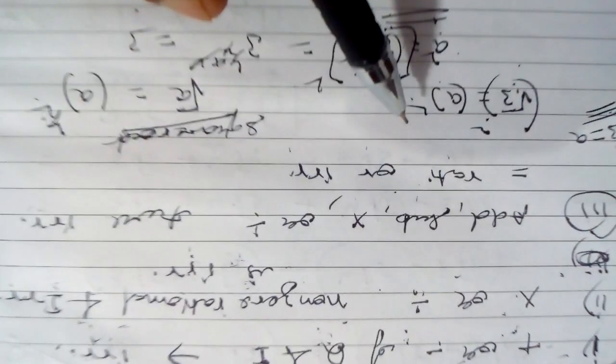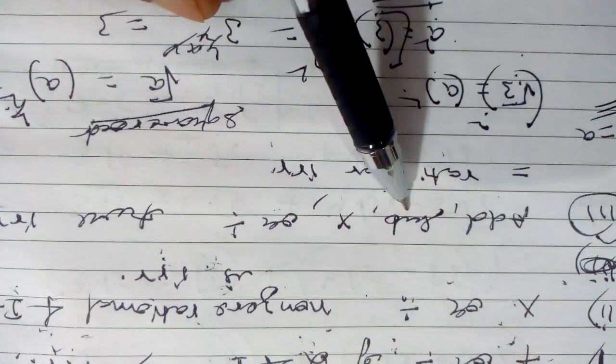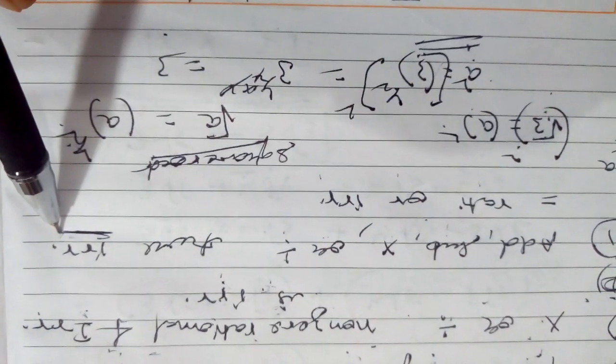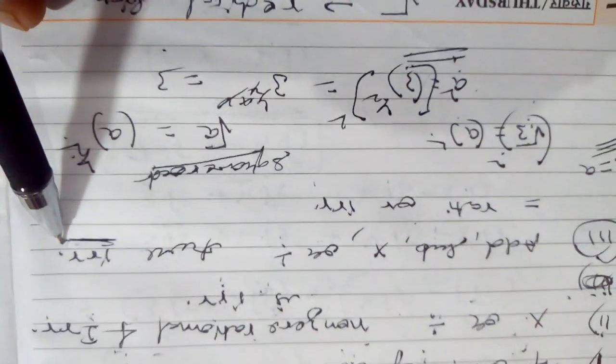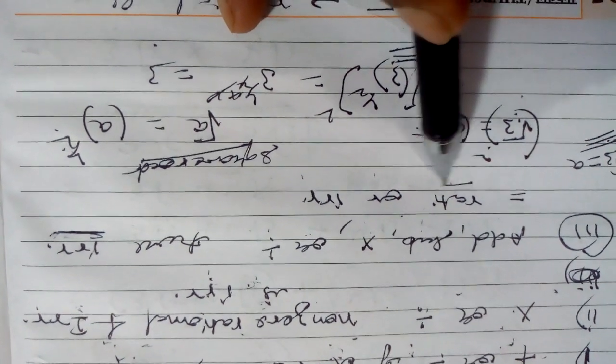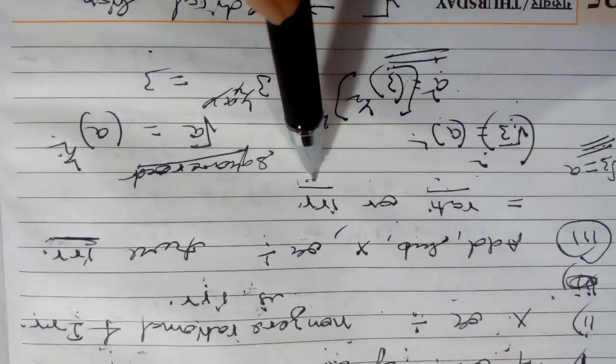But the third one: two numbers you are adding, subtracting, multiplying or dividing, but both numbers are irrational. It is not that one is rational and one is irrational. If both are irrational, then their result will not be the same. It may be rational or it may be irrational. Both options are there. Any one can be the result, as you have seen in the previous examples. So here you get irrational, here rational, here rational, here irrational, like this.